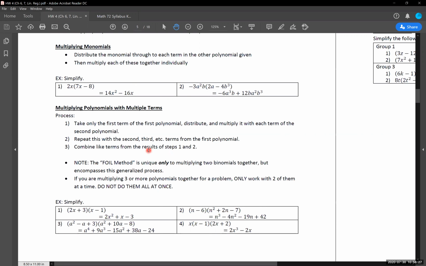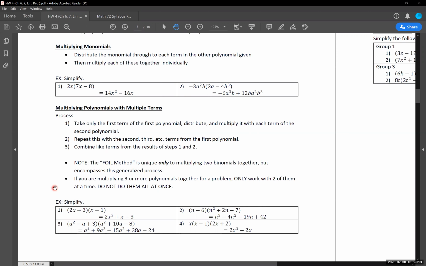The FOIL method for the distributive property says you're going to multiply the first terms together, the outer terms together, the inner terms together, and the last terms together, for anyone that's unfamiliar with what the FOIL method stands for. You are not required to know that or have that memorized because, again, this is a very specific method that is basically just this entire thing that I described here. It just gets the name FOIL method because it's got that nice little acronym that goes along with it. But if you don't know the name of the FOIL method, you haven't seen it before, you don't need to know it. We just need to know this process.